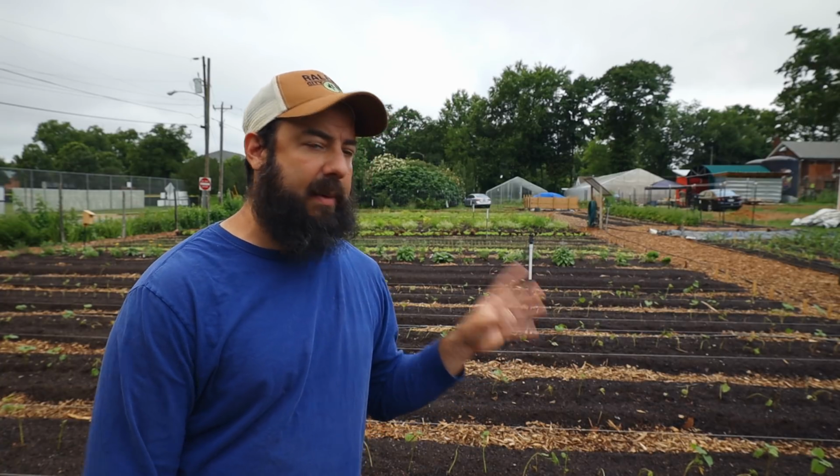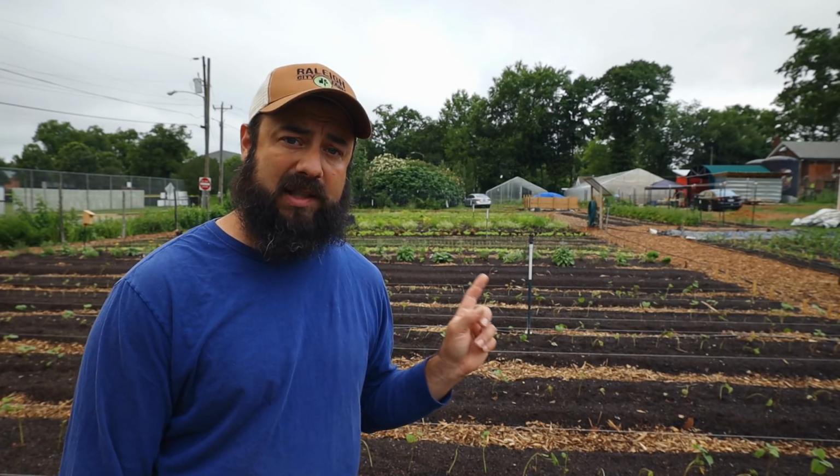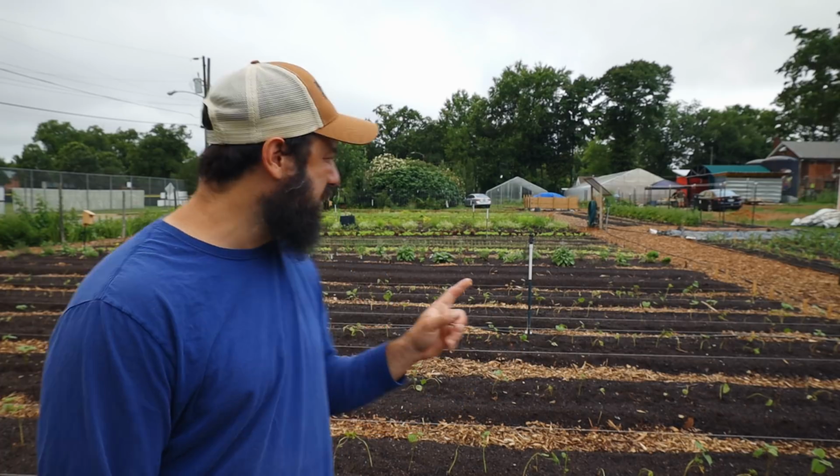When we started the tunnel, I set up overhead in there because it was literally the quickest way I could get that set up when we needed to, and I already had all the parts, so I just did that. But we did switch that over to drip, because we're gonna put some peppers in there later this week. But I was able to then take the overhead sprinkler system that was in there, these wobbler setups, and I